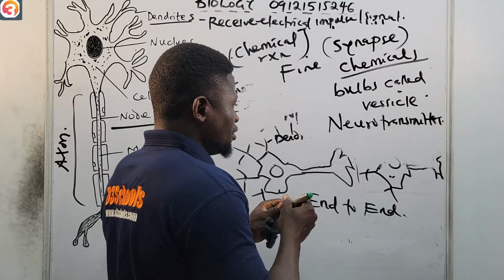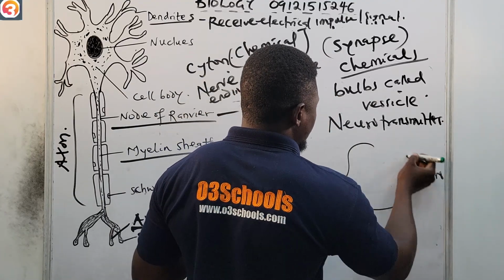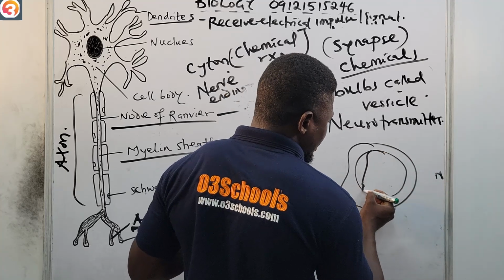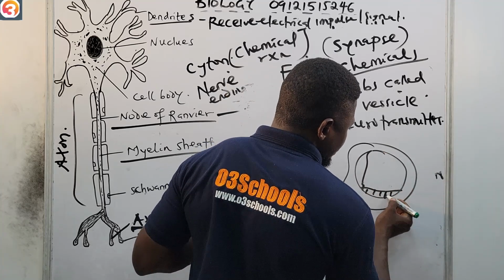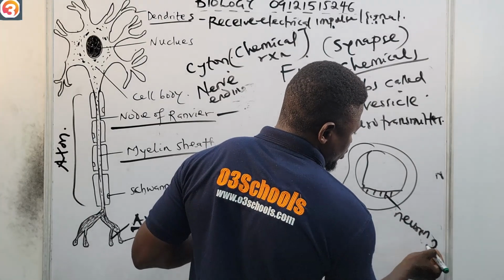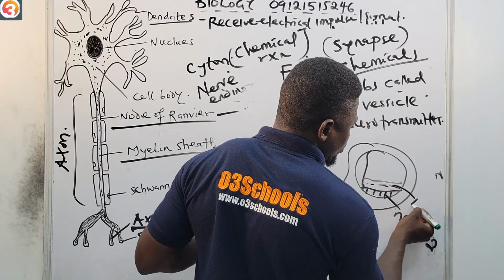Okay, just like we have something like this, something like this. Then we'll now have something like this again. Okay, so let's say this is neuron 2, the second neuron. Somewhere here we have the chemicals called